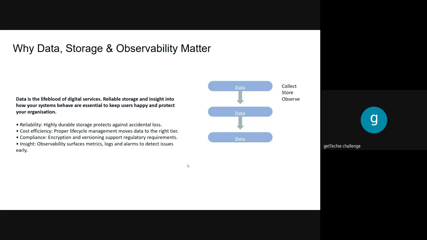We said that reliability, highly durable storage, protects against accidental loss. When you store the data properly, it actually prevents you from losing the data accidentally, right? Then cost effectiveness. When you properly manage, the truth is, the accumulation of data with time can be costly. Imagine you now have terabytes of data. Terabytes is even small. So petabytes of data. As that data continues to grow, your cloud costs continue to grow because you're actually storing it somewhere, to be honest, right? And I know that we say storage is cheap. Storage is cheap when you don't have data, but the more data you have, storage is not that cheap.